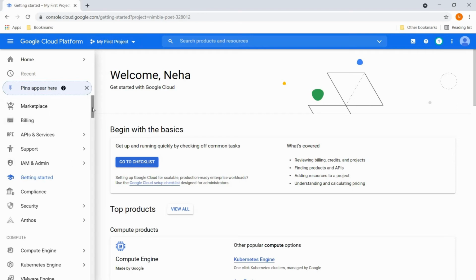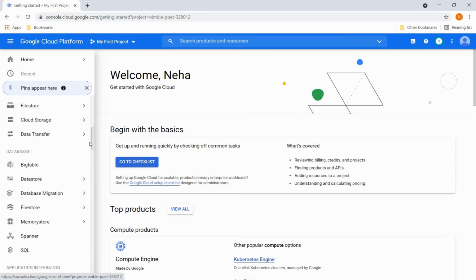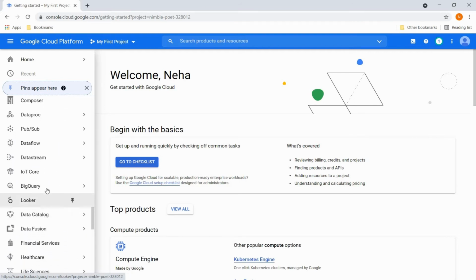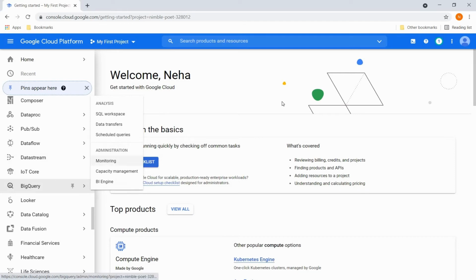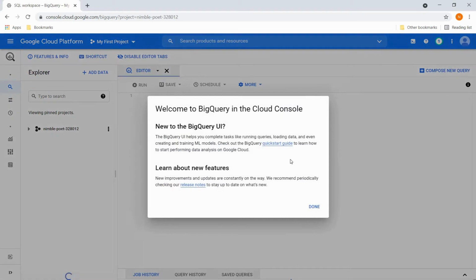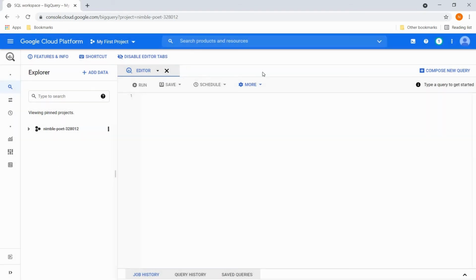What we need to do to access BigQuery is go to the left hand side menu and click on BigQuery. Click on done. So now we are inside BigQuery in the free trial mode. Since this time we have set up the Google Cloud account with a proper credit card and activated the free trial, we don't see the sandbox on the top left corner, and we will get all the functionalities which are available in BigQuery to explore.